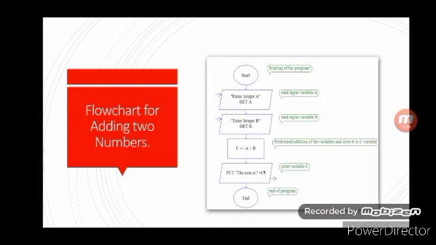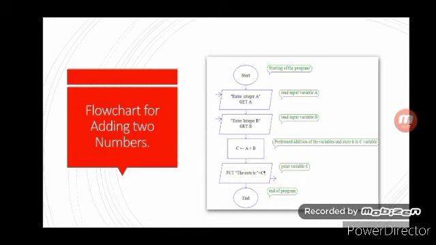Now I have given the example of a flowchart also for adding two numbers. Look, the symbol represents the starting of the program. The next symbol represents read input variable a, enter integer a, get a. Then the flow is coming down. It is a downward approach. Now the third one is enter integer b. We are getting two variables there, a and b. So enter integer a, get a. Enter integer b, get b.